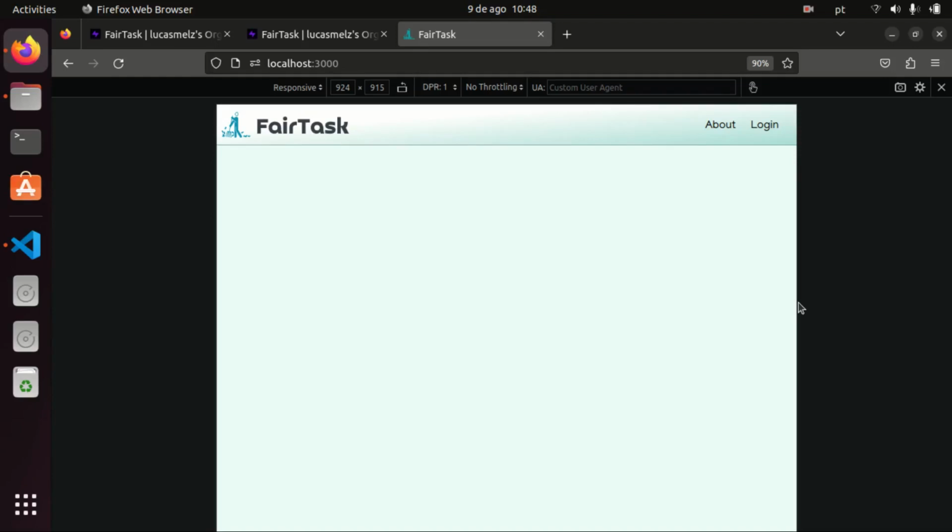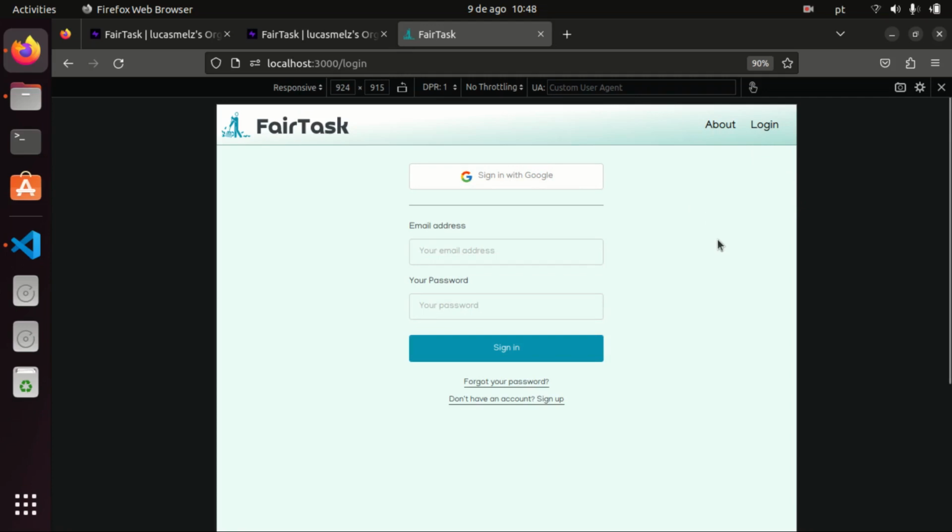Hello, so I want to show you the app I'm developing. It's called Fairtask and it's to manage the sharing of house chores, but it could be used for group work in general. I'm using Supabase as my database, and also I'm using the authentication